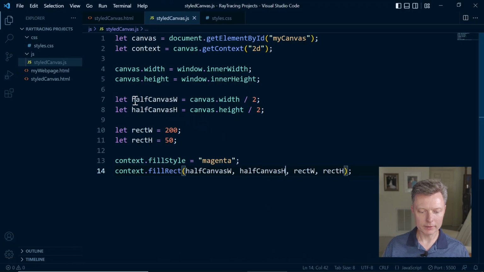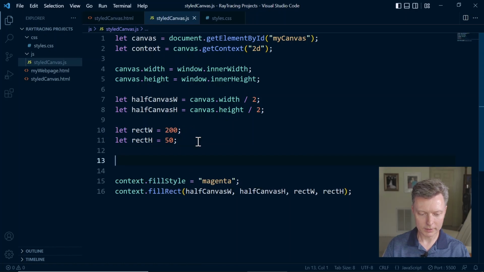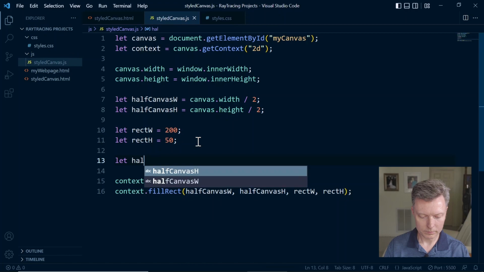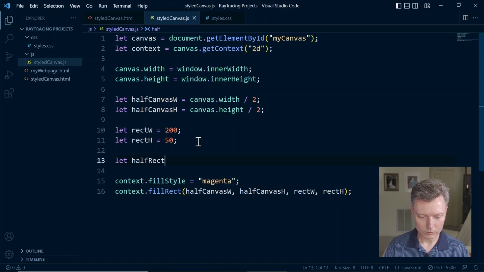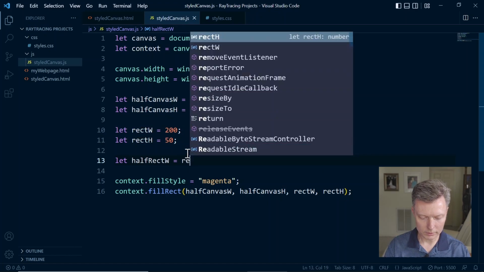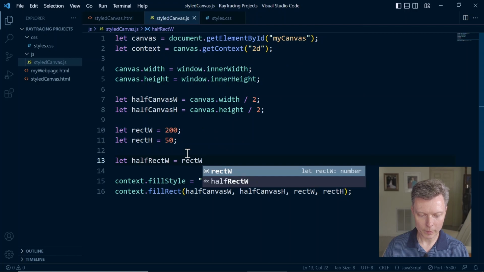So remember how we got the half canvas width by dividing the canvas width by 2, and we did the same for the height. Let's do that for the rectangle itself. So click here and hit enter a couple times, and then let half rect width, so rect w, equals, now just reference our own variable, so rectW, R-E-C-T capital W, and